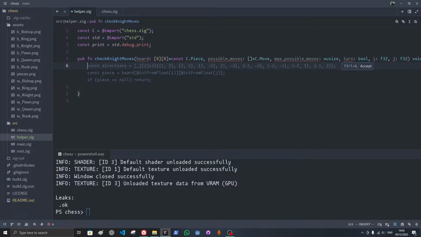It's a two-dimensional array, I guess. Right? It has two values of F32. And then the values are